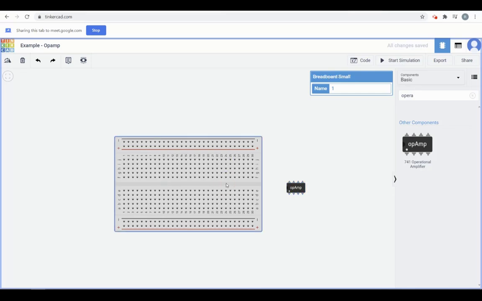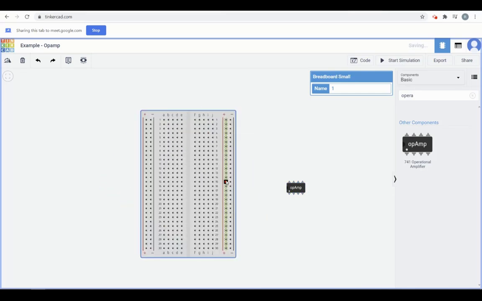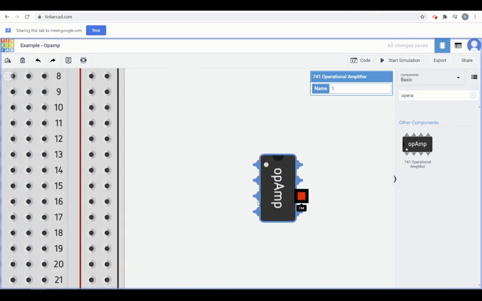Now let me rotate this and rotate this as well. Now it's very easy to make out which is top and bottom here. It has the semicircular groove cut as well as the dot. Because this is a simulator, these terminals are actually labeled also.